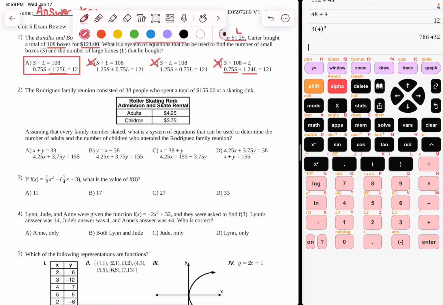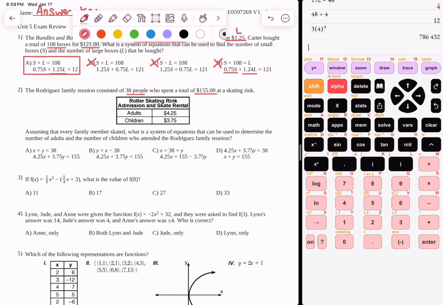The family reunion consisted of 38 people who spent a total of $155 at a skating rink. Assuming that every family member skated, what is a system of equations that can be used to determine the number of adults and the number of children who attended? All right. Well, adults are $4.25 and children are $3.75. Usually I would use